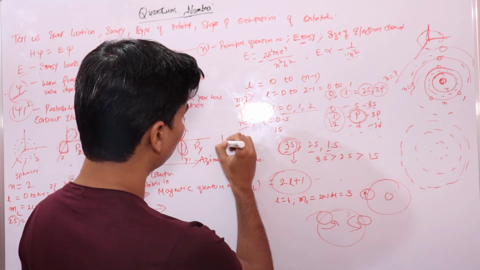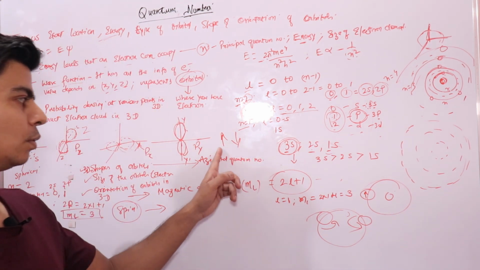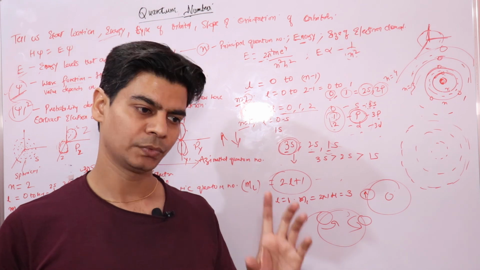These are represented by two arrows, an up arrow and a down arrow. And if an orbital has two electrons, both the electrons will